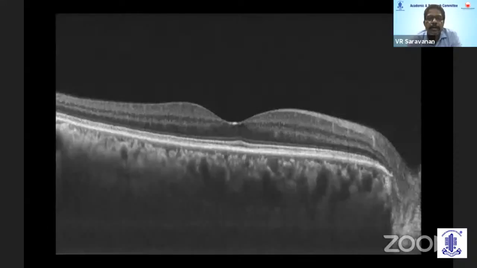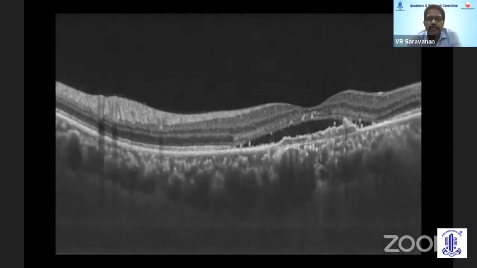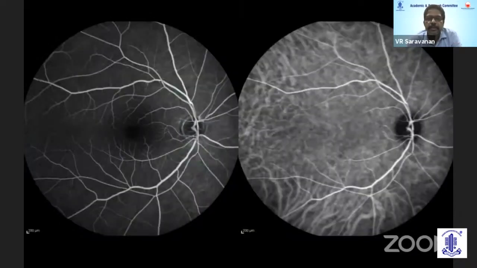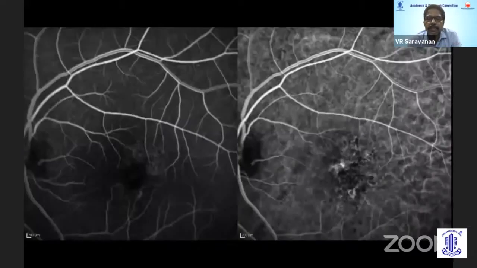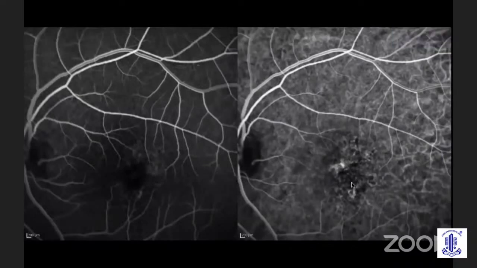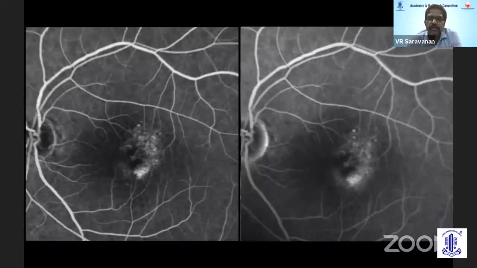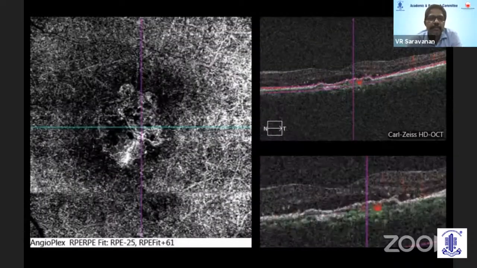And this is the swept source OCT, again showing the larger vessels in the deeper layers just underlying the foveal zone. And again, if you look at the FFA and ICG, you are not able to see a very typical network. There is some diffuse leakage both in FFA as well as ICG, but it's not really possible to visualize the new vessels. In the later stage it's not very clear, but if we do an OCTA, you can see the typical network sitting right in the subfoveal zone.